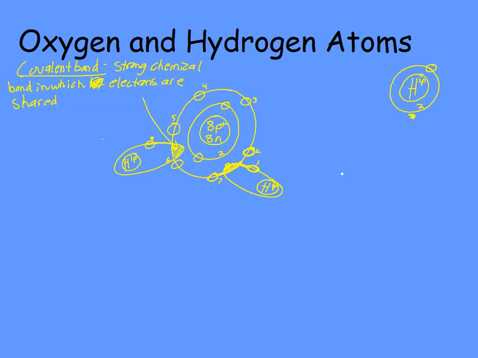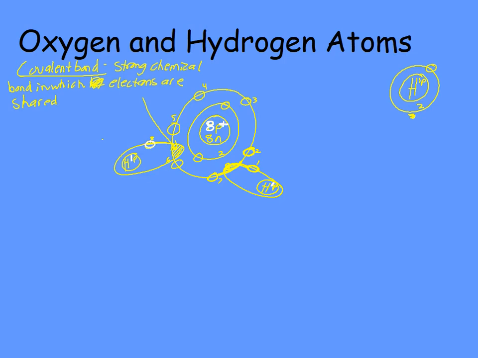Oxygen, remember, has 8 protons in its nucleus. Hydrogen has 1, and this hydrogen has 1 as well. That oxygen has 8 times the positivity that the hydrogen does. So what does that mean? I drew these as egg-shaped for a reason, these hydrogen orbitals. Oxygen will pull electrons closer to itself